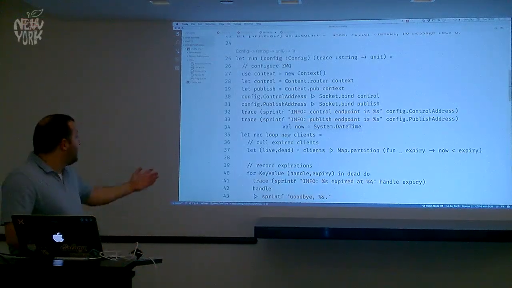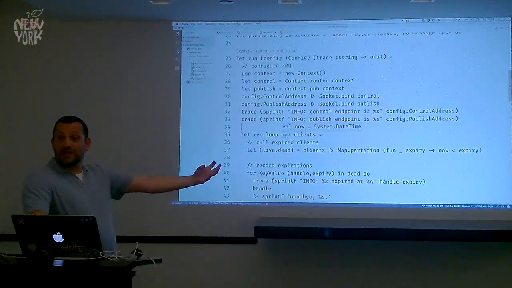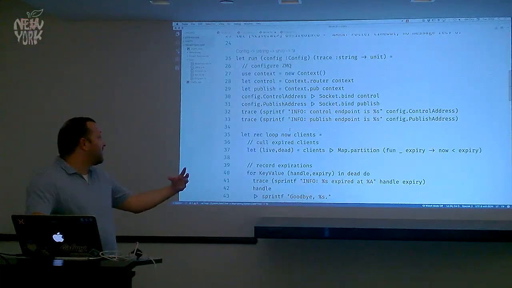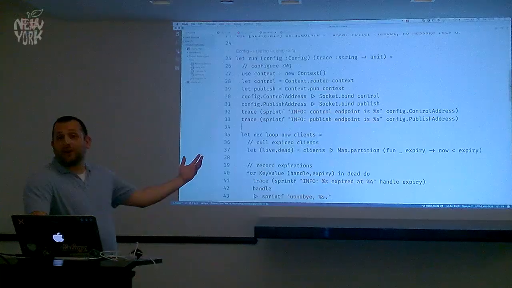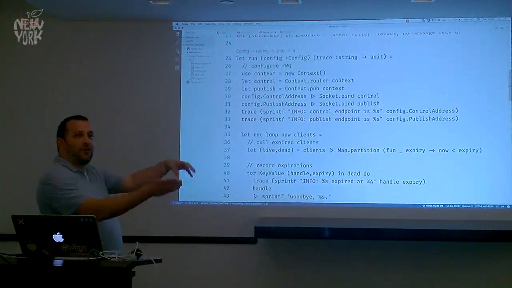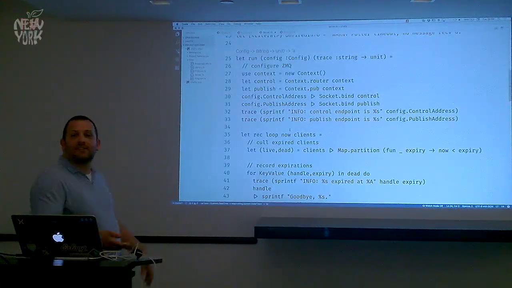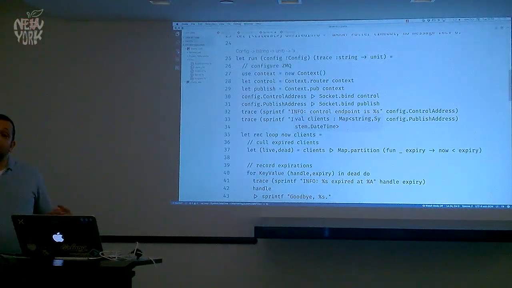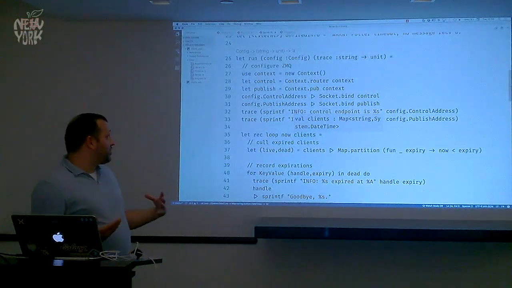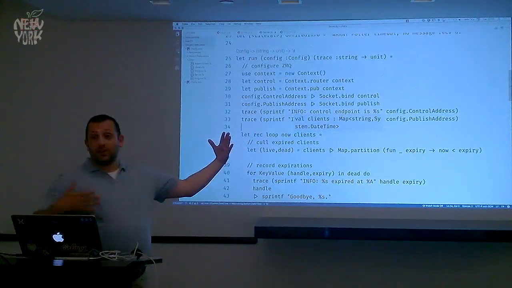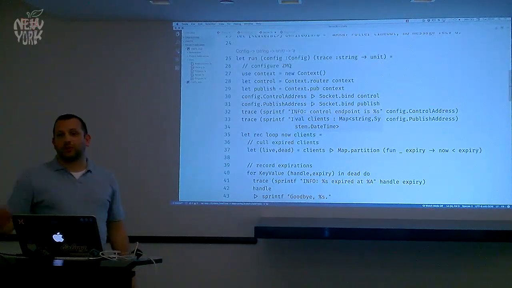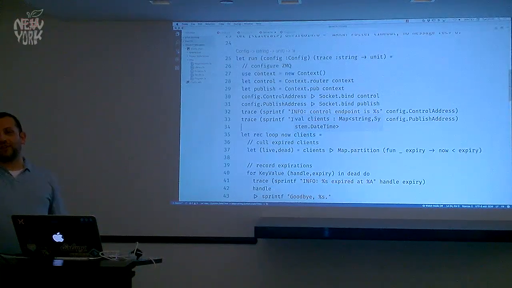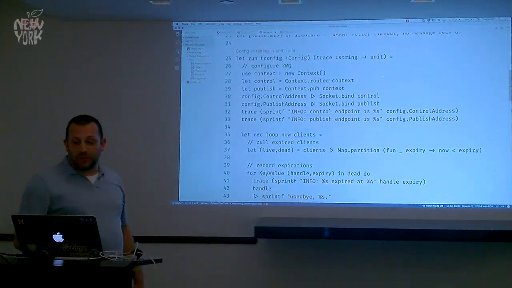The 2 bits of state it takes in are actually date time, which is now, since I recently read a thing where I was told that, and this makes sense, date time is sort of IO and there's a side effect, so pure functions can't be calling get date or whatever. And then clients, which is our internal state mapping our clients. It's just a simple dictionary from the client's handle to the point in time when they expire. I'm just using a simple date time in UTC to mark that they will expire 5 seconds from now. Date time was the easiest way to do that.